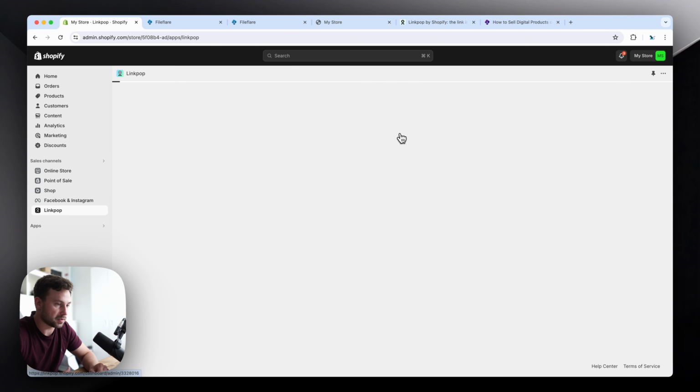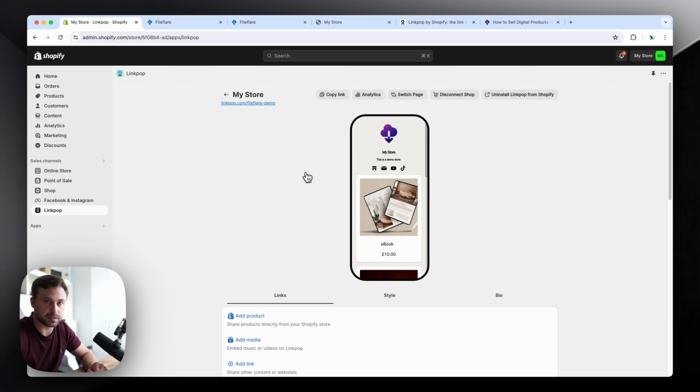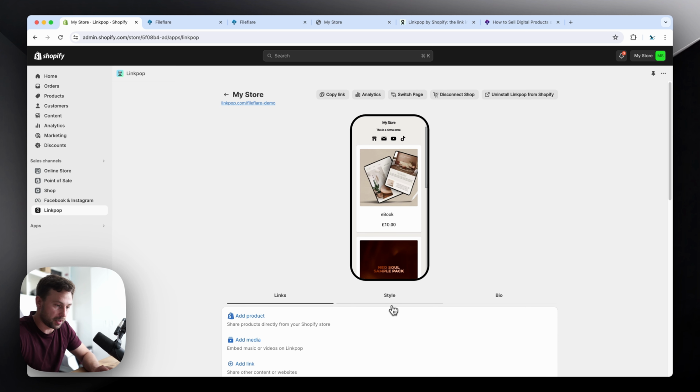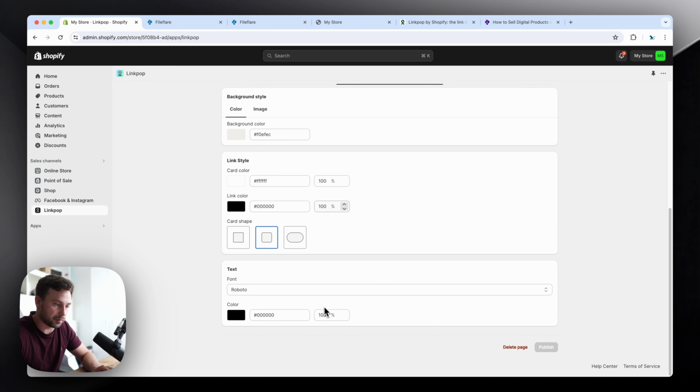Okay, so we'll select the store. You'll get a few little steps there if you haven't set it up before. So this is a rough example of how your page will look. With this one, you can change the styling. I've not done anything right now. This is the base default theme, but you can adjust things. You go down to the style section here and you can play around with the colors, the sizes, and so on.